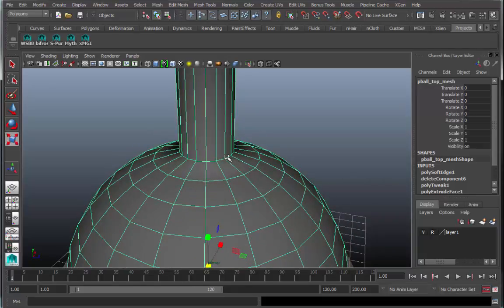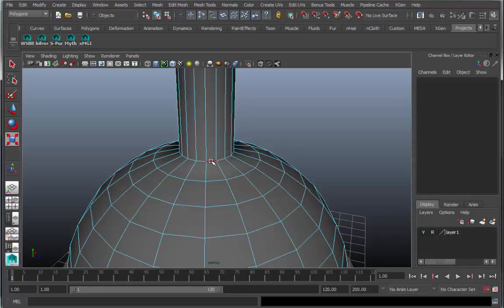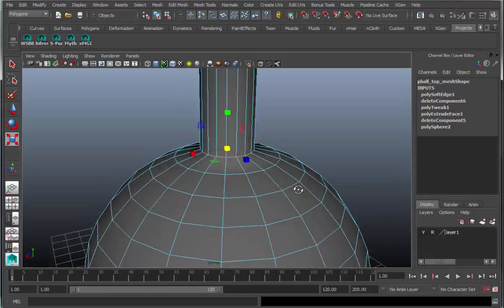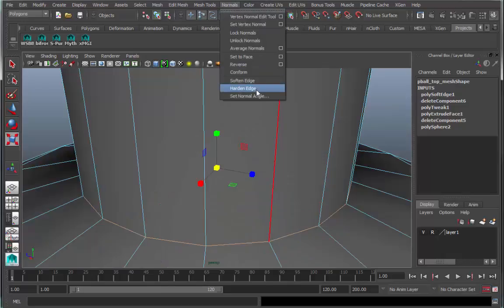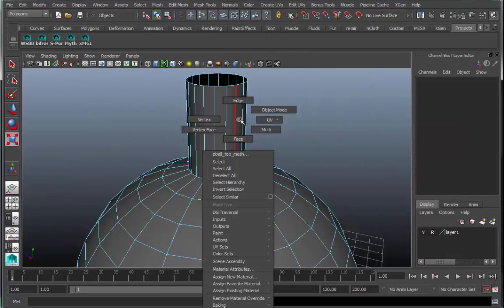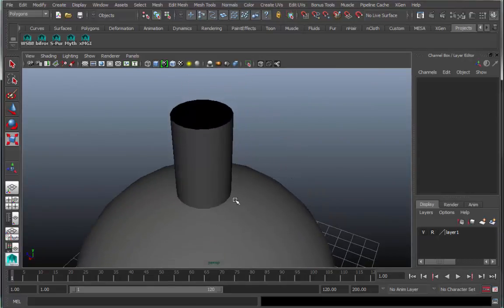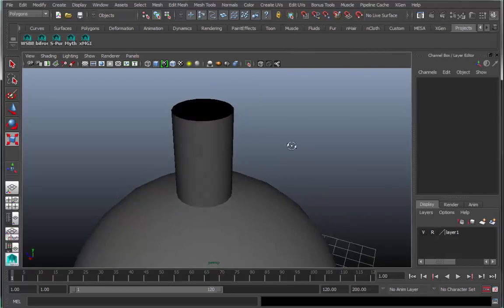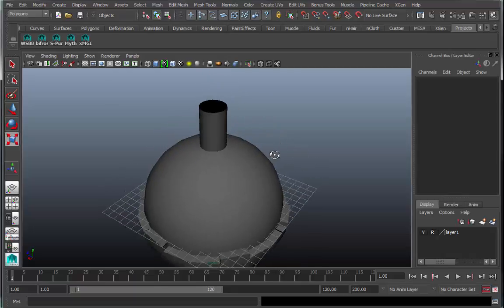So instead we want to grab this ring using the edge selection tool, double click, and it should just select that neck ring. It is this ring that we want to come up to Normals, go down to Harden Edge, and that hardens that edge. With that edge adequately hardened, it's got a very hard, obvious break from the sphere, which allows the rest of the smoothing to look perfectly acceptable. So with this selected now,